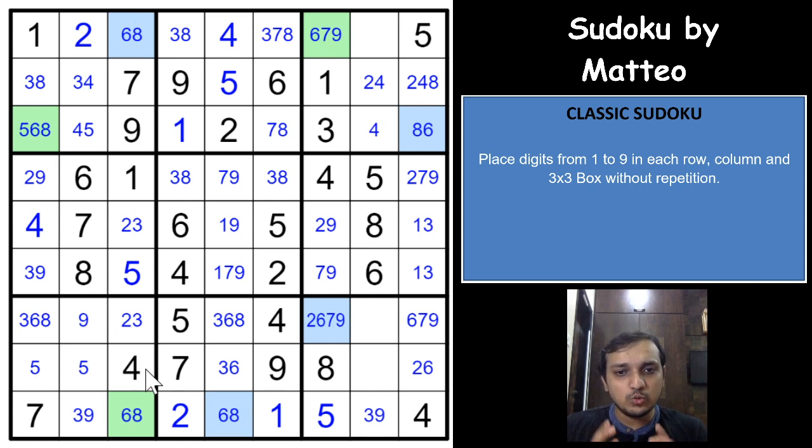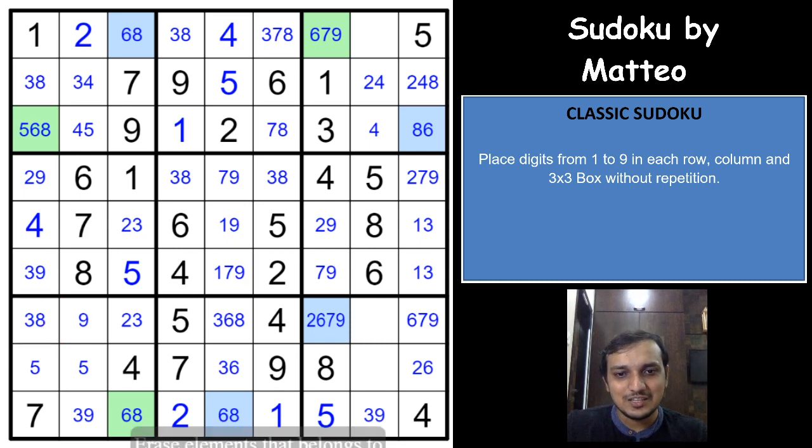So if you mark two different colors for a single digit, the possibilities of a single digit with two different colors, it's like an on and off. If you have on for green color, then you will have an off for blue color, and if you have on for blue color, you will have off for green color. Which means that any cell seeing both of these colors simultaneously won't have that digit, right? So this cell, particularly, is seeing both the green and the blue cell simultaneously. This cell cannot have a 6, and this would have to be a 3 and 8.